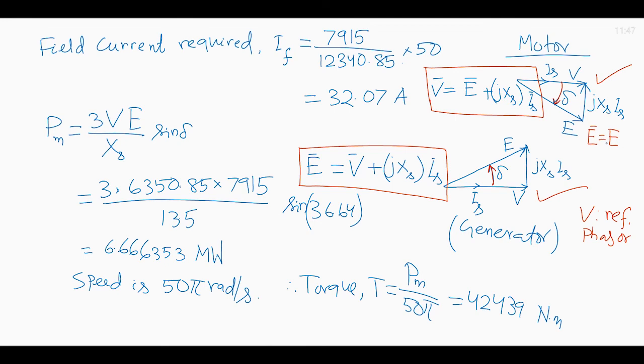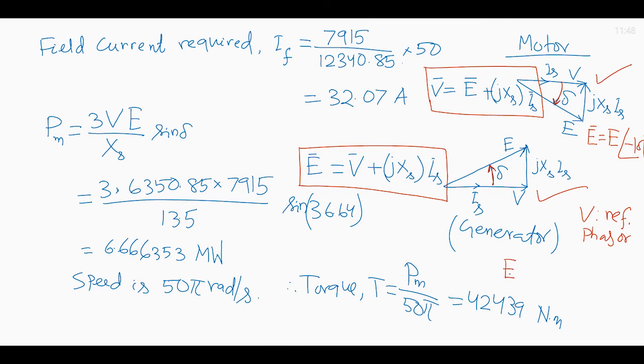So, in a motor, the voltage phasor is ahead and the induced EMF phasor is behind, because induced EMF is the effect. So, the angle is E minus magnitude of delta, and for a generator,